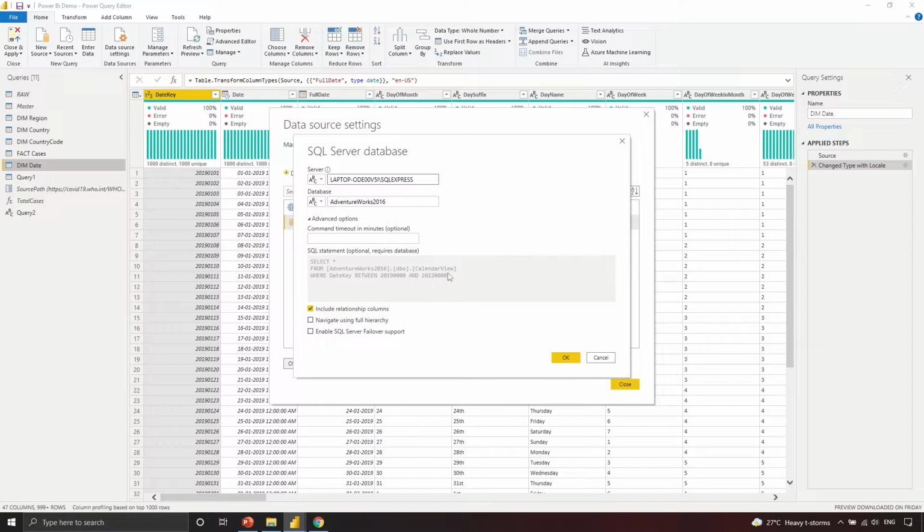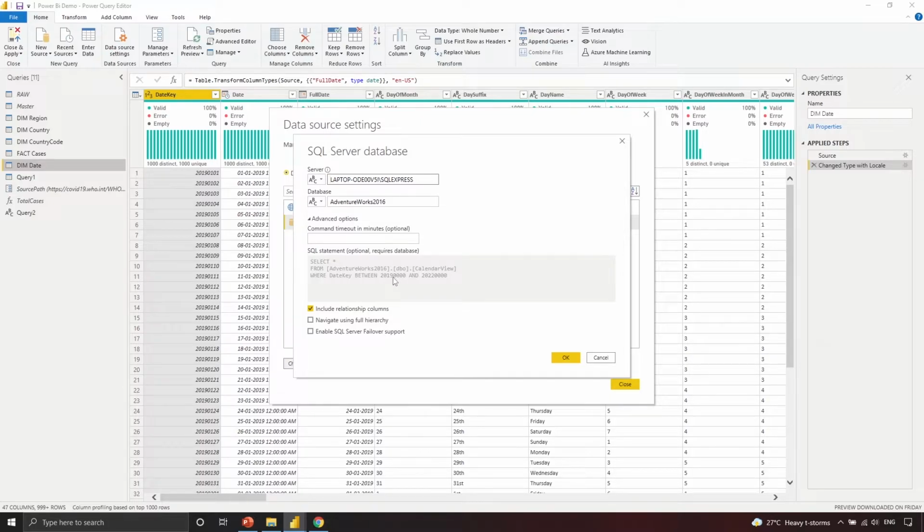So when you are trying to bring in the data for the current year, you can specify where date key between. This is only one way. It's actually not the right way, because we have other better options to bring in the current year's dates from the SQL query. I'm just explaining how to change this current query I have over here and bring in the current year's dates. So you can provide over here